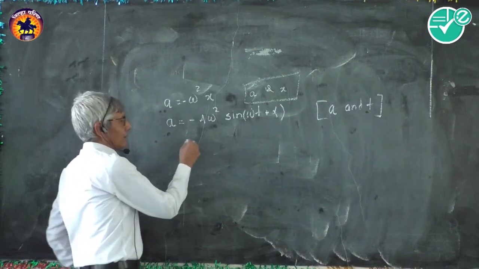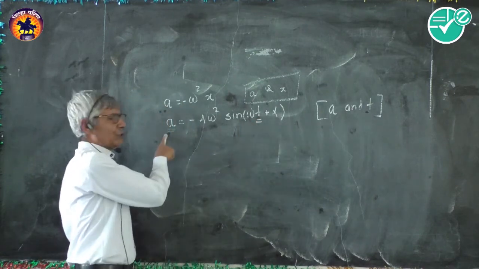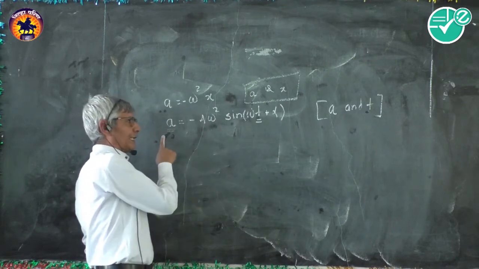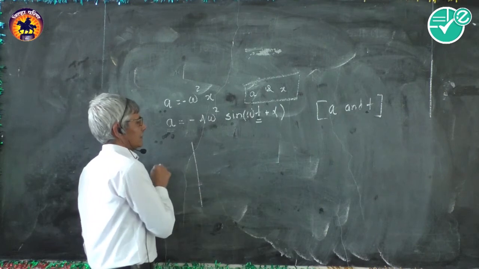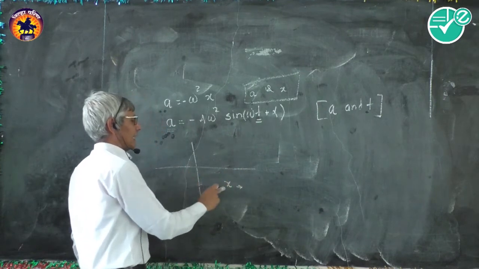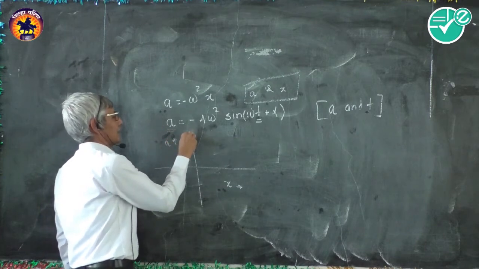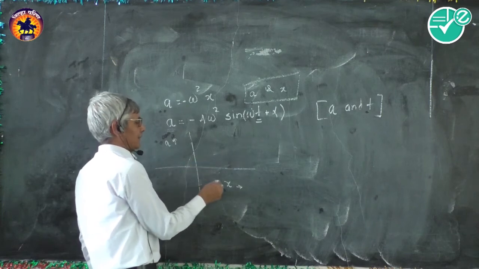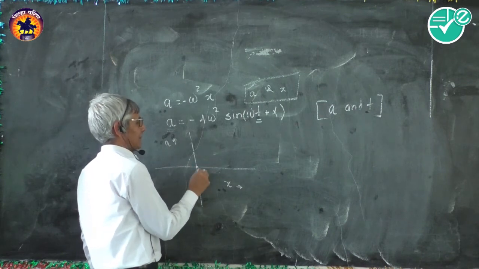Graphical representation of the acceleration with respect to time. This equation shows that the acceleration has sinusoidal form when its variation is considered with respect to time. So the graph is a sine function graph. If the x-axis is selected as the displacement axis and acceleration is taken along the y-axis, then if the particle starts the system from the mean position, the displacement will be towards the positive extreme.